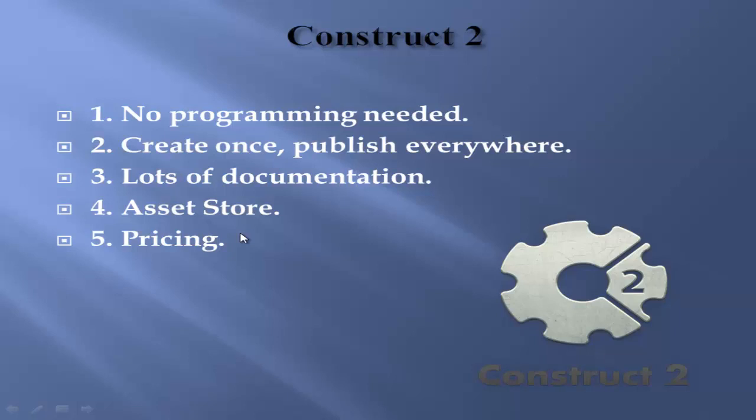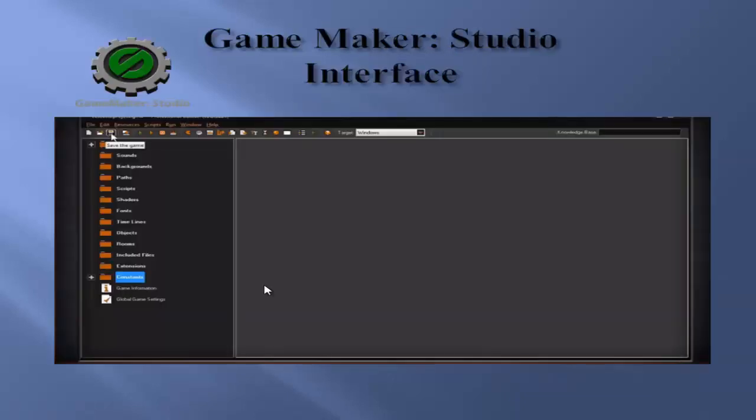And last is pricing. The free version has all of the core features, but it is limited to 100 events, up to two simultaneous special effects, access to only small portions of the included sample assets, and no permission to sell games. The personal license is $130 and lifts all of these restrictions. Well, now I'm showing you